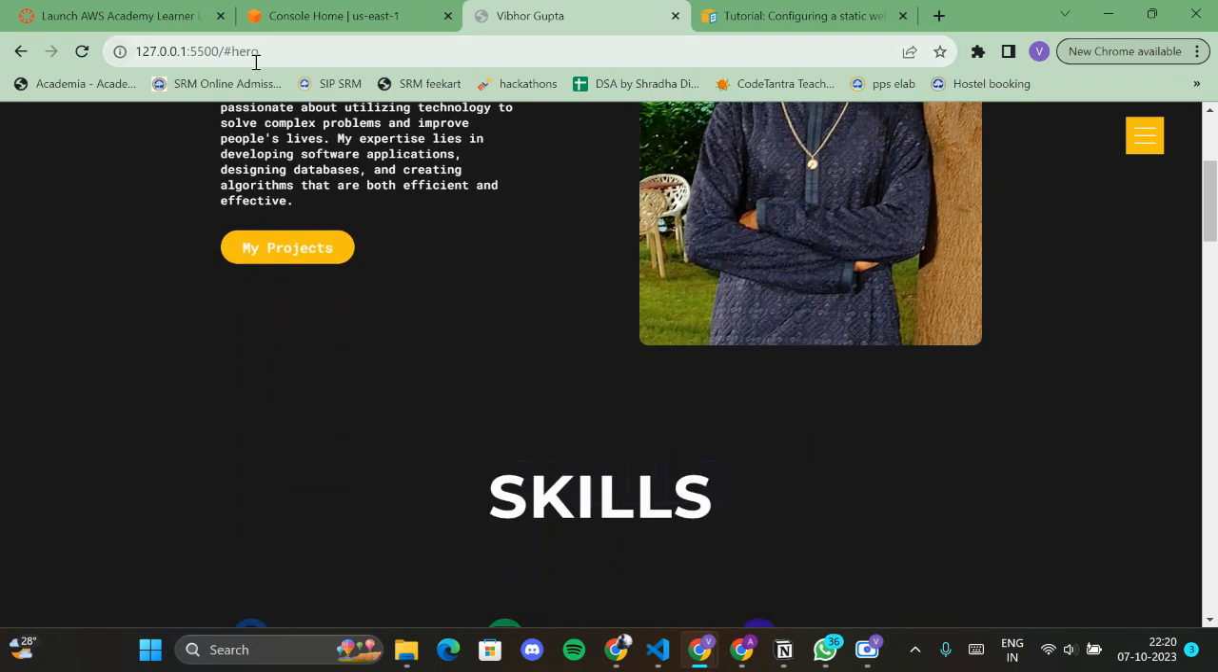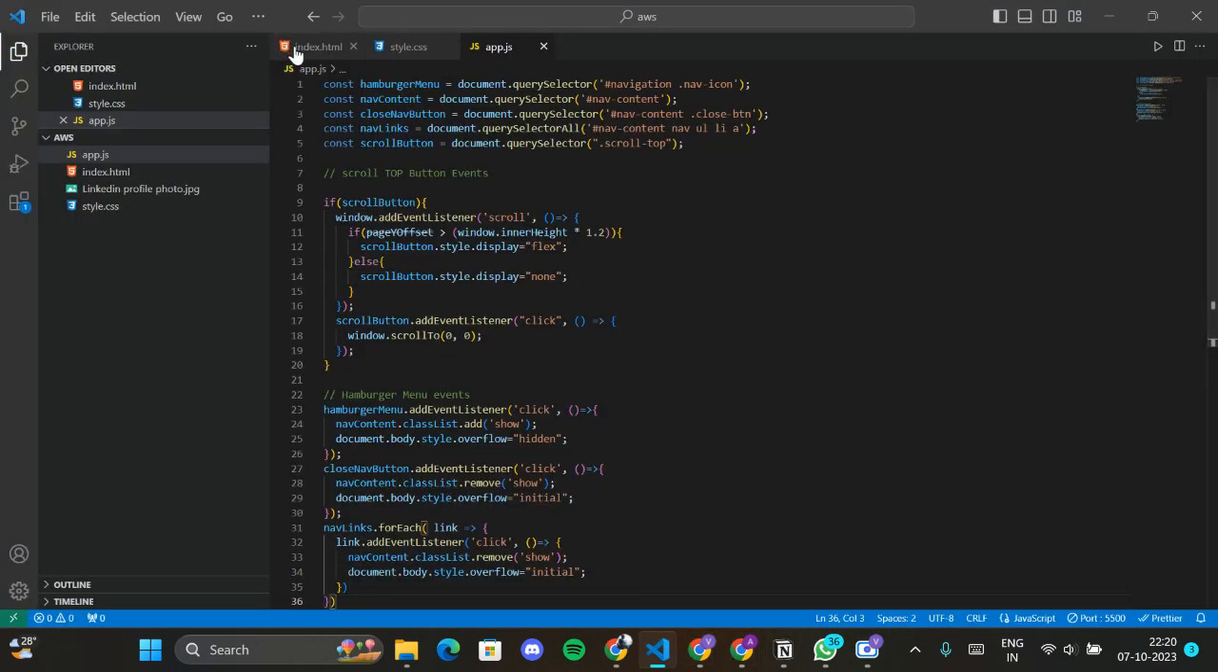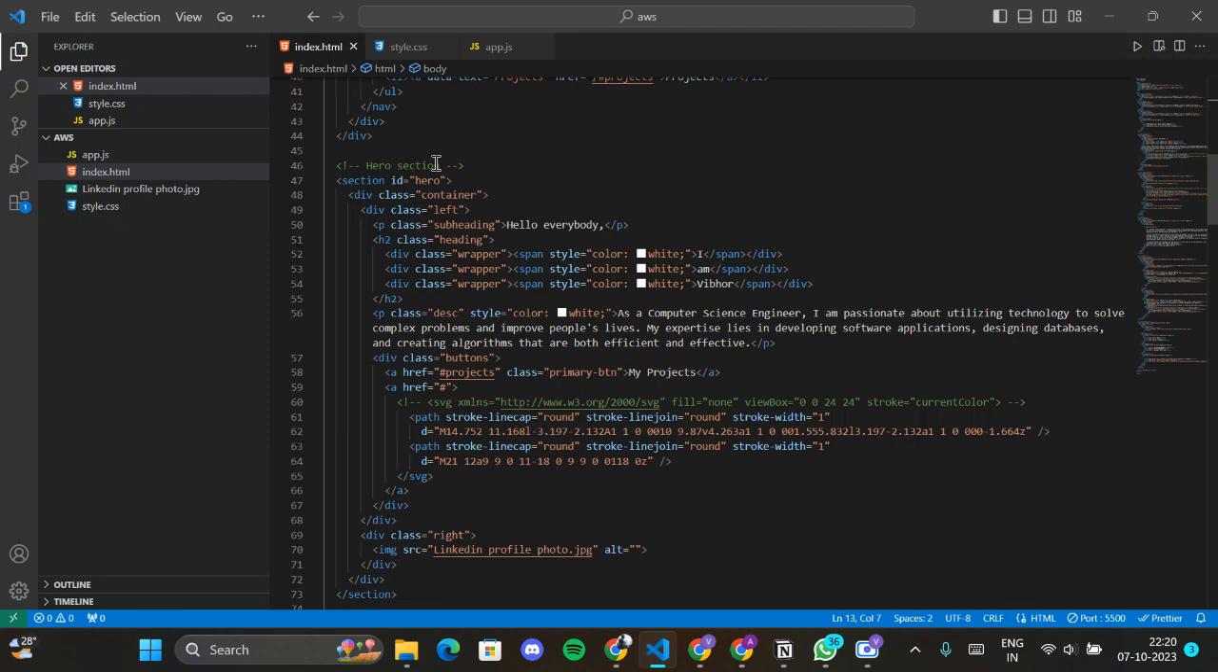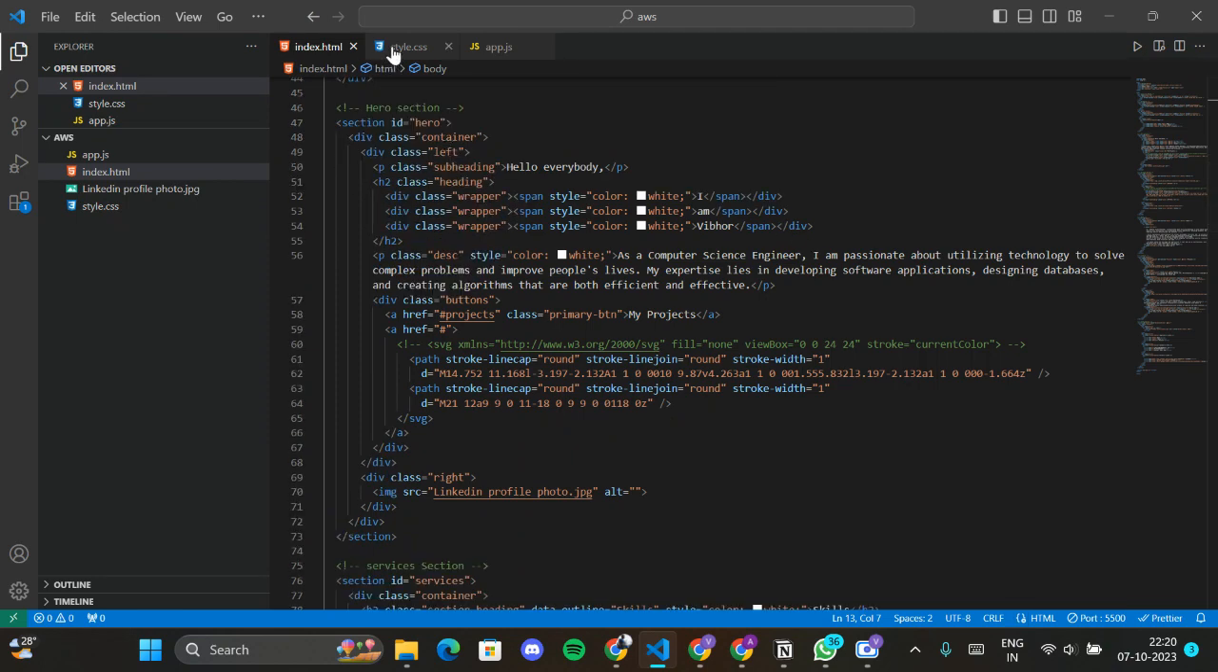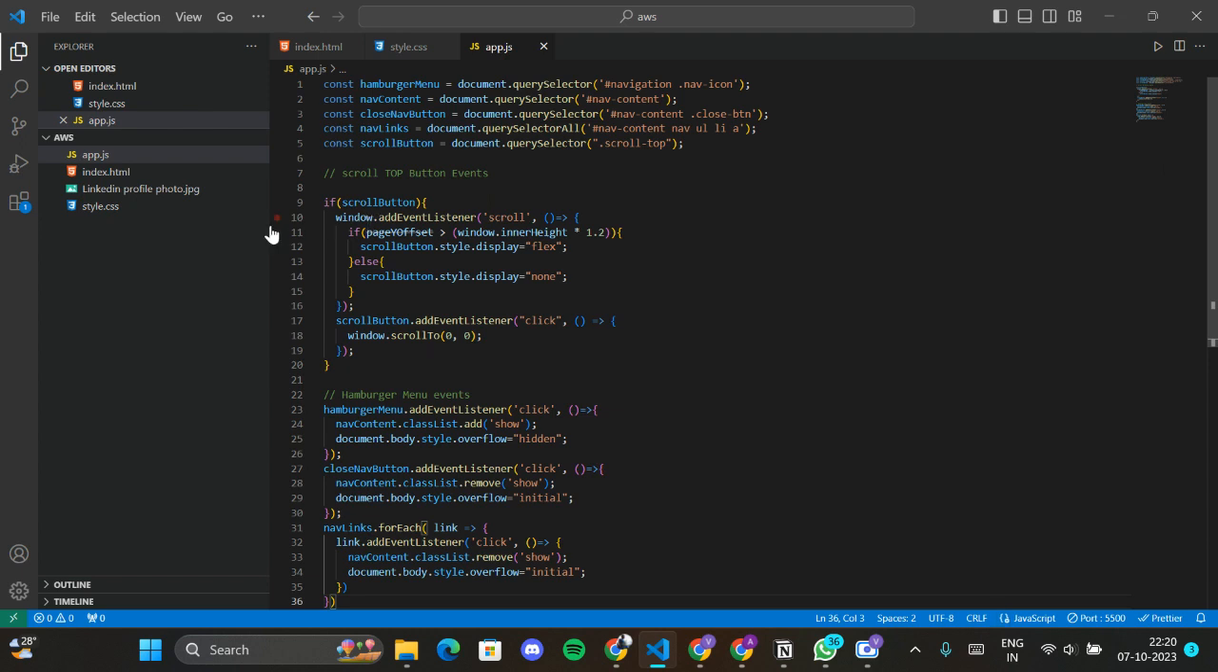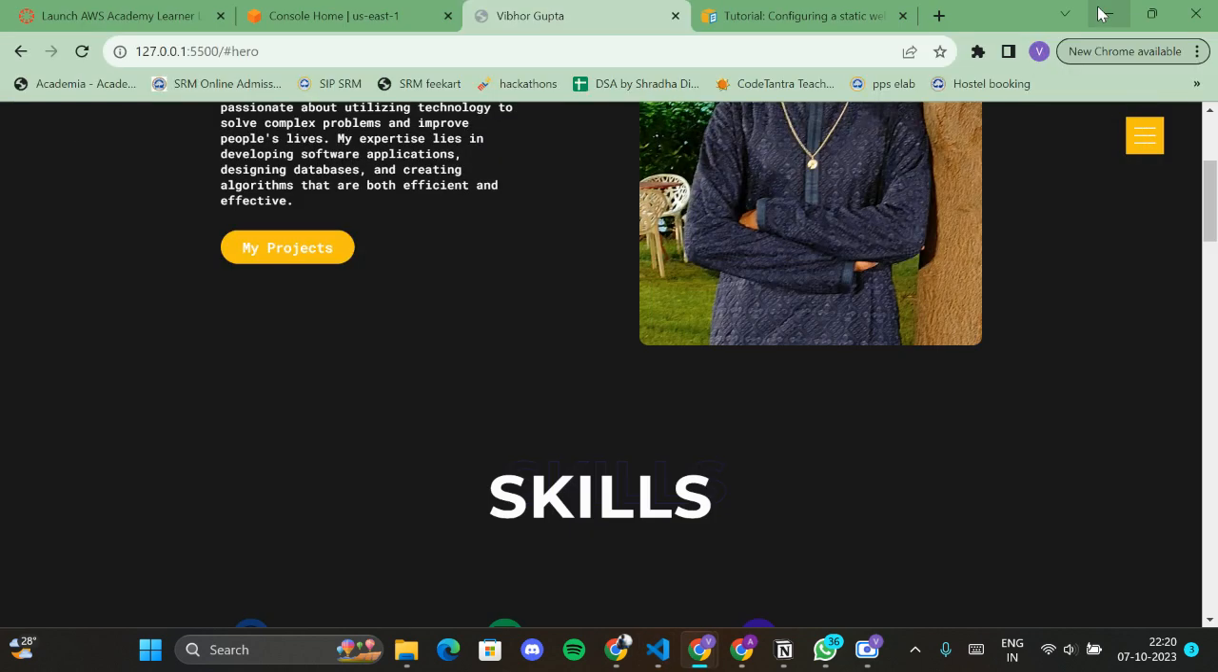This is the website. It is currently locally hosted. This is the source code of the website, basic HTML, CSS, and JavaScript, and other resources. So